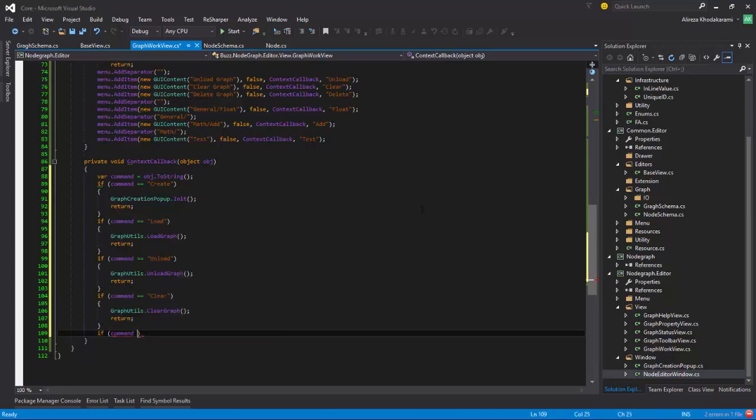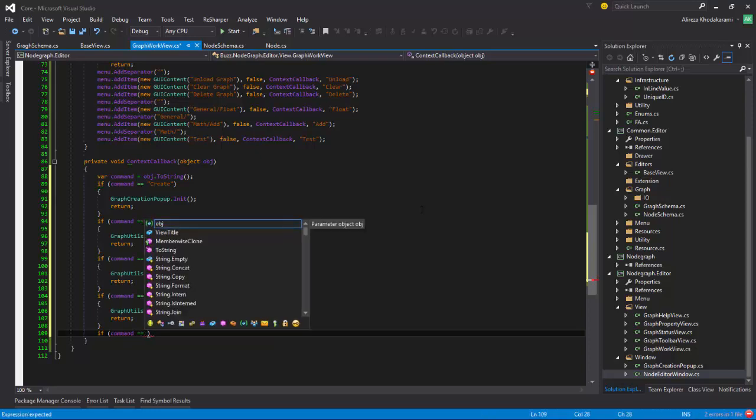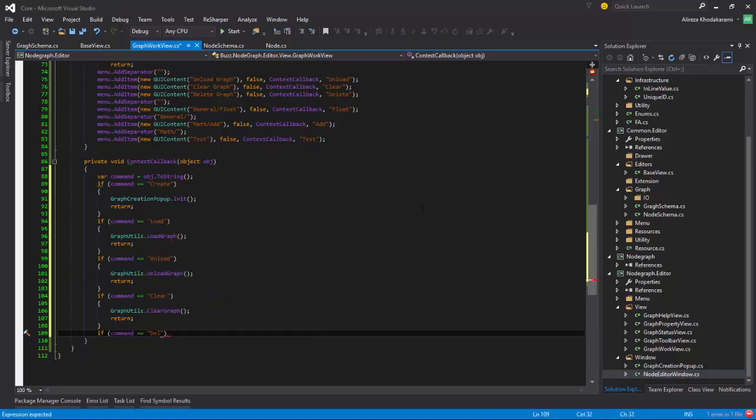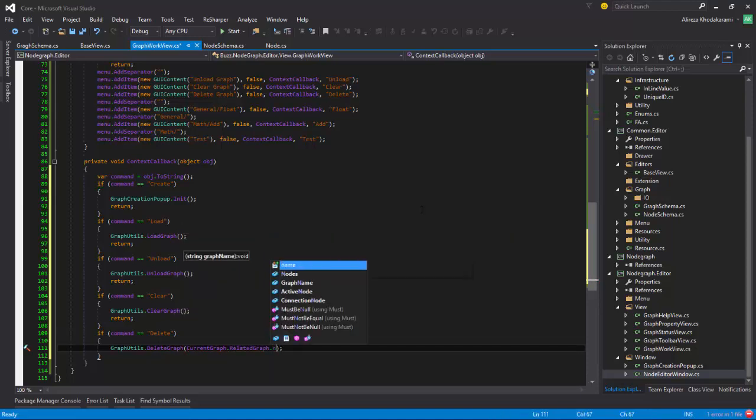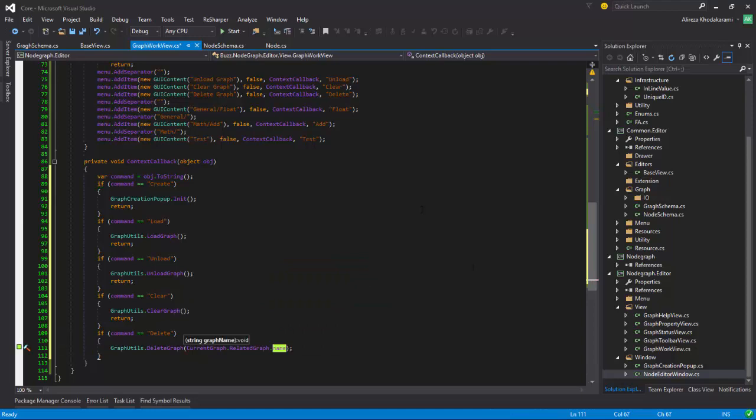If command equals delete, be careful about your spellings here. There is no way to find why it's not working if you have misspelling. CurrentGraph.relatedGraph.name, no, graph name,